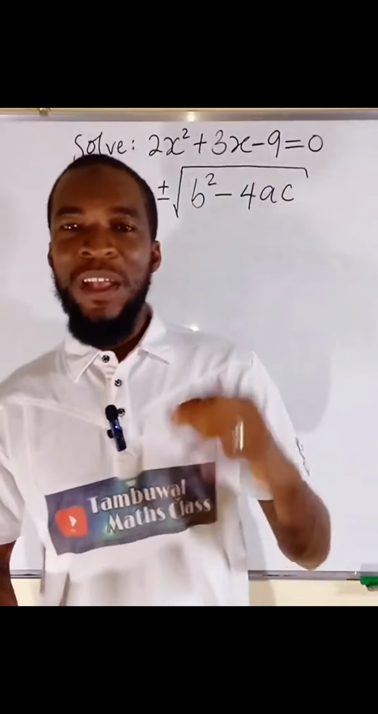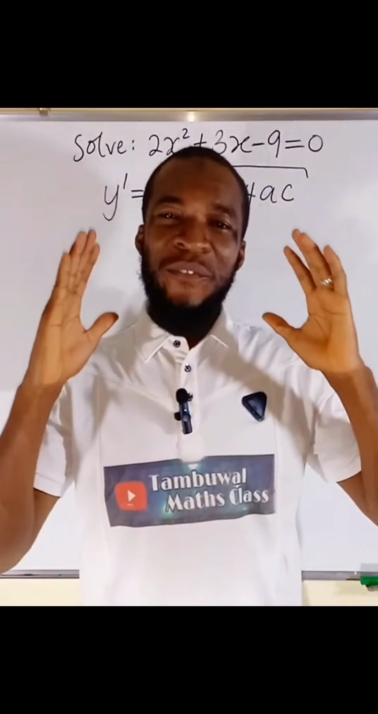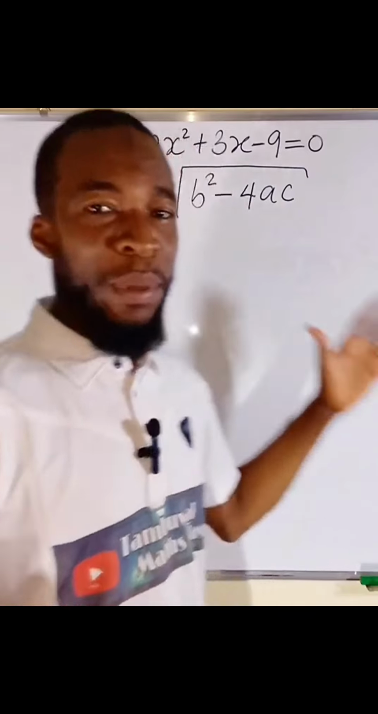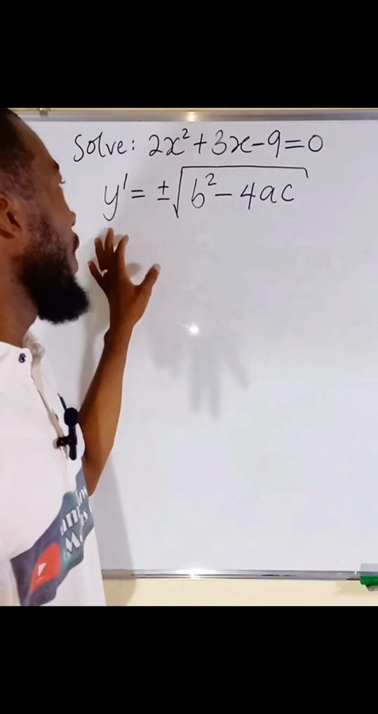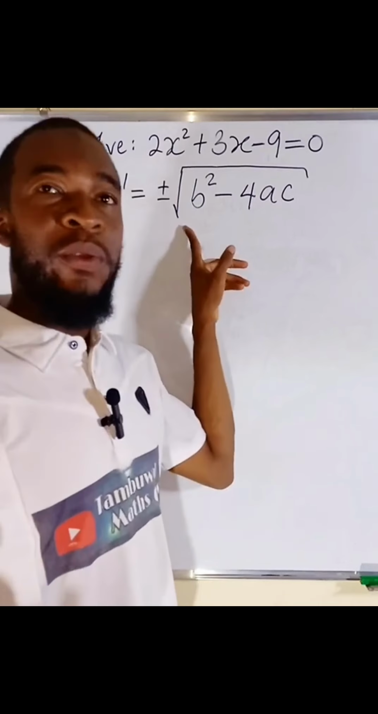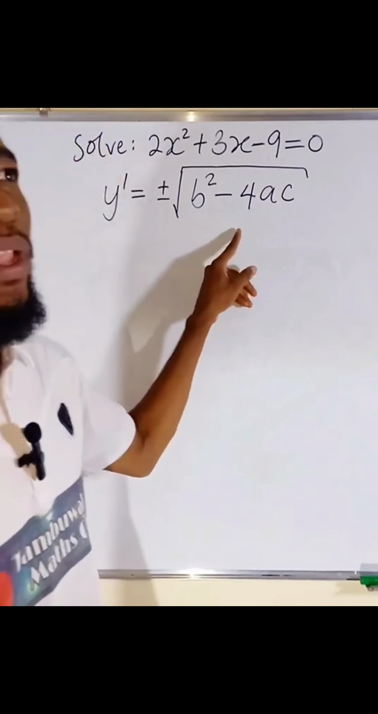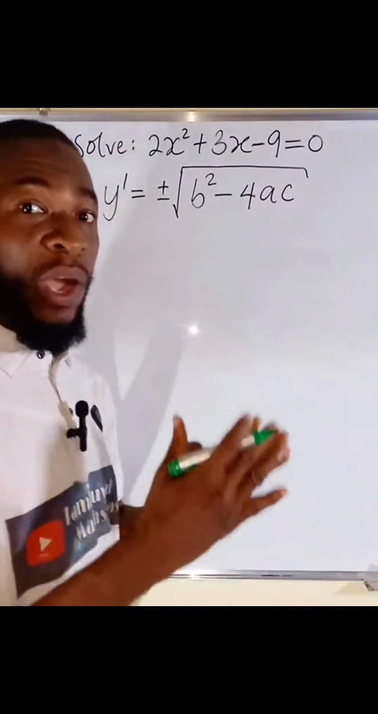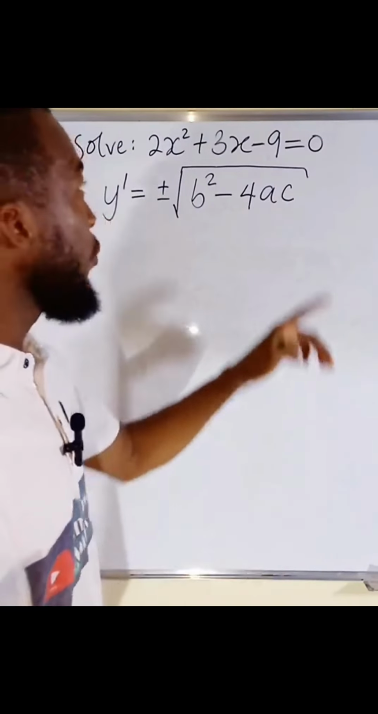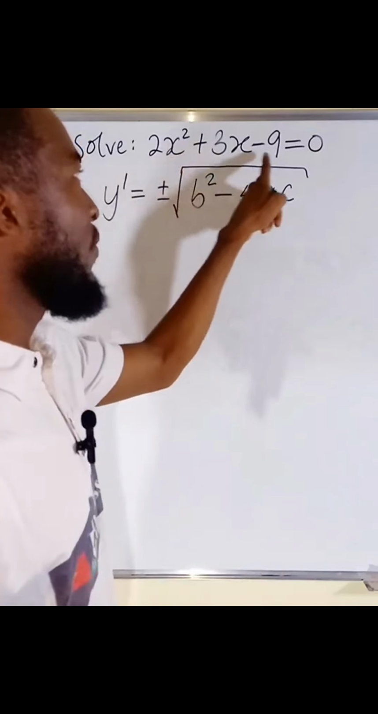Hello good day viewers. In this tutorial we are going to apply a very simple formula to solve a particular quadratic equation, and the formula is y prime equal to plus or minus the square root of b squared minus 4ac. Y prime means dy over dx, which implies that we are going to differentiate this function to the